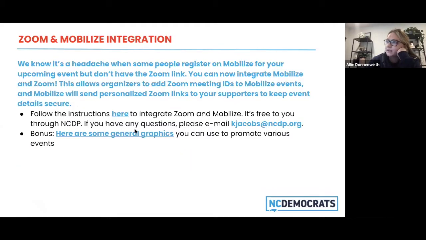You also can integrate Zoom and Mobilize. We know it's a headache when some people register on Mobilize for your upcoming event, but then they don't have the Zoom link. You can now integrate Mobilize and Zoom, which allows organizers to add Zoom meeting IDs to Mobilize events, and Mobilize will send personalized Zoom links to your supporters to keep details secured. So this way, when you make the event on Facebook, you'll just put the Mobilize link on Facebook for people to sign up. They don't have to go to Mobilize and Zoom anymore, but to do this,